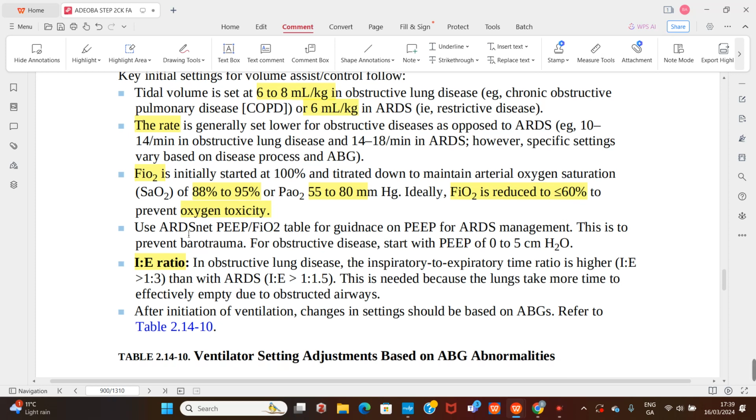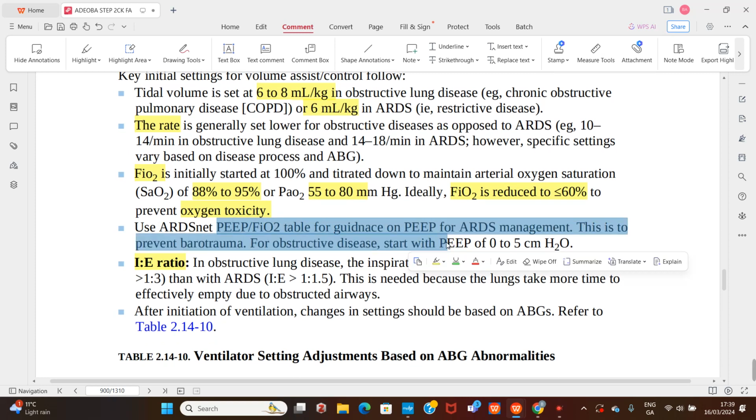There's an ARDSNet PEEP table to guide how you are going to titrate your PEEP. I don't think we need to worry ourselves about it. The most important thing is to know that you must not overshoot your FiO2 beyond 60%. You keep it below this value so that you reduce the incidence of oxygen toxicity, and you have to balance your FiO2 with your PEEP, because those are the two things that will help oxygenation,